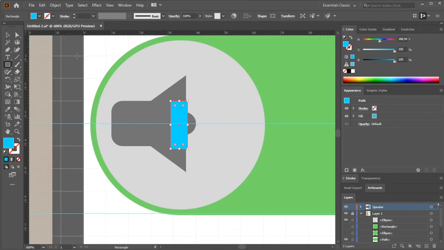So let's select both of them. Keep Shift pressed to select more elements, and then our shape builder. And rather than combining, I want what's called remove. So I press Alt and say remove that part and remove that part. And now I have my perfect speaker. Excellent. I'm going to lock that layer and create a new layer for my